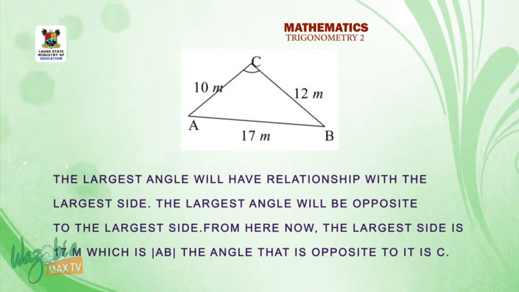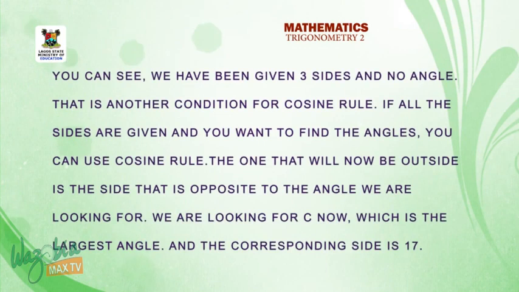angle C. Here we have been given three sides and no angle at all, and we want to find the angle. That's another condition for the cosine rule. So majorly those are the two conditions for the cosine rule. If all three sides are given and you want to find an angle, you can use your cosine rule. The side that will be on its own is the side opposite to the angle you are looking for. We are looking for angle C, which is the largest angle, and the corresponding side is